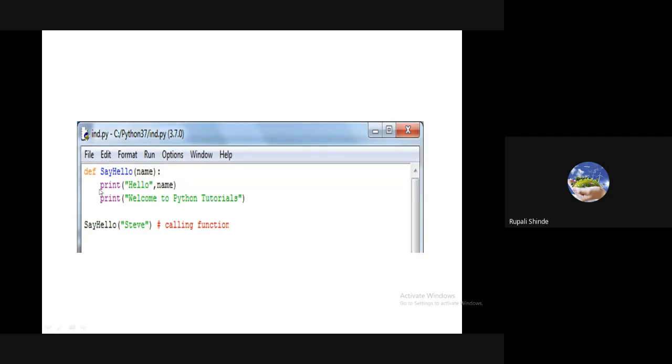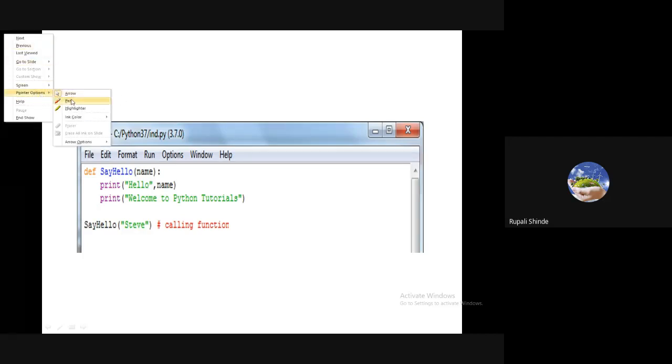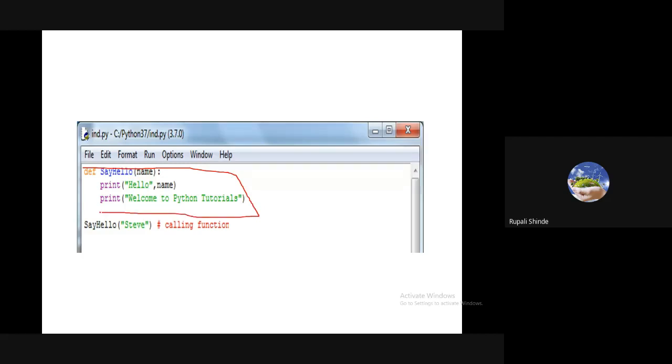So here we have a simple function. Actually, we will cover it in the next part. But for example, what do we mean by indent and how do we write the Python program using proper indent? So we take one example. In this example, it is a function definition. The function definition indicates what is going to execute, and then there is the function call, as mentioned here.